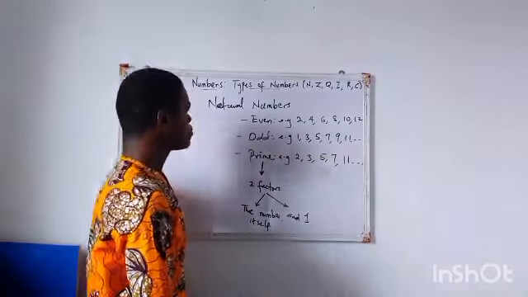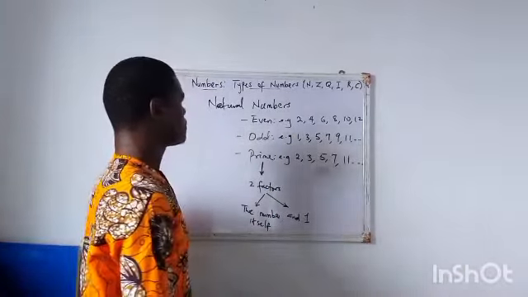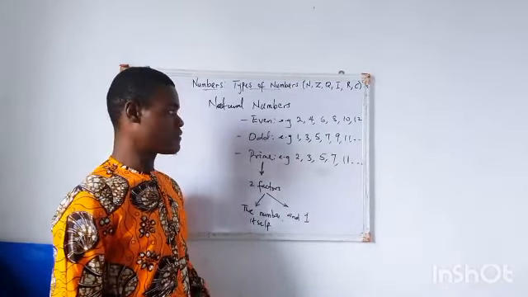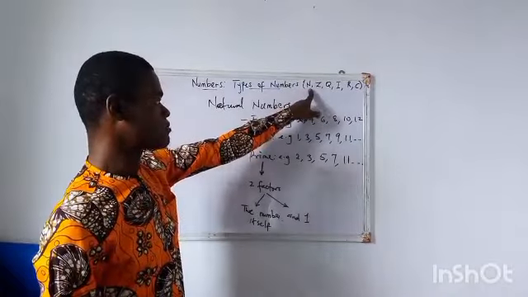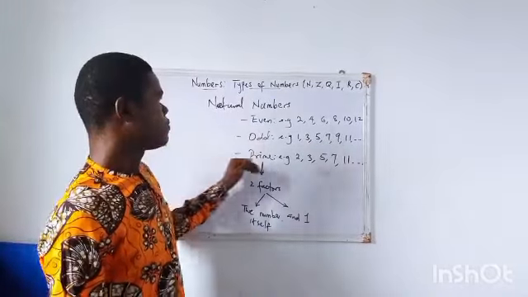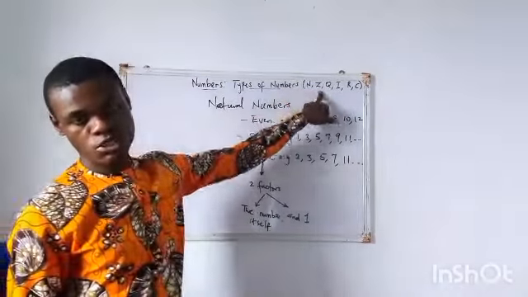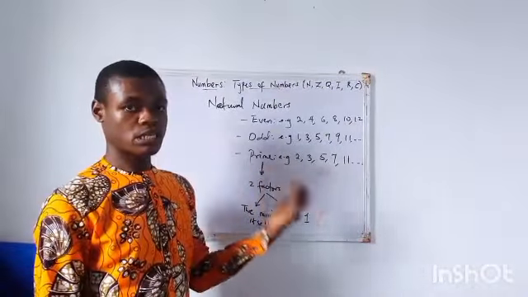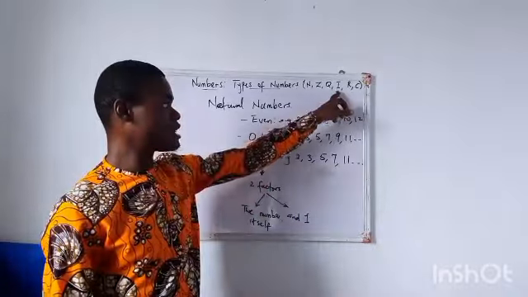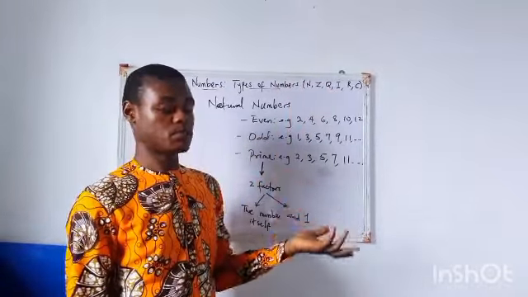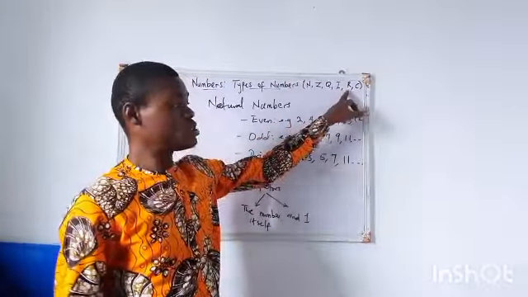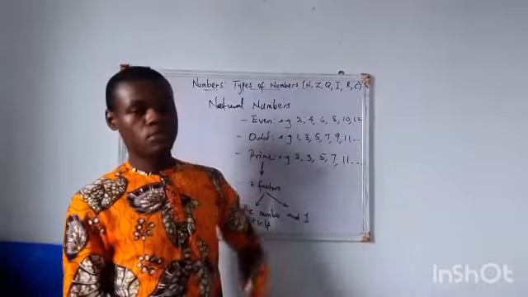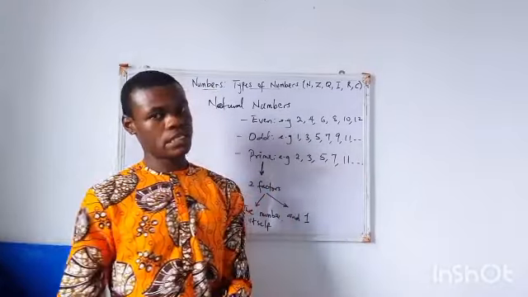Take note of that. So we have done a comprehensive teaching on the types of numbers so far. We have gone through natural numbers, right, which is broken down into this. We've done also integers, which involves positive and negative whole numbers. We've done rational numbers, which are numbers that can be expressed as fractions. We've done irrational numbers, which are the opposite, numbers that cannot be expressed as fractions. We have real numbers, which is the set of all these 4 numbers. Then we also have complex numbers, which is the sum of real numbers and imaginary numbers,